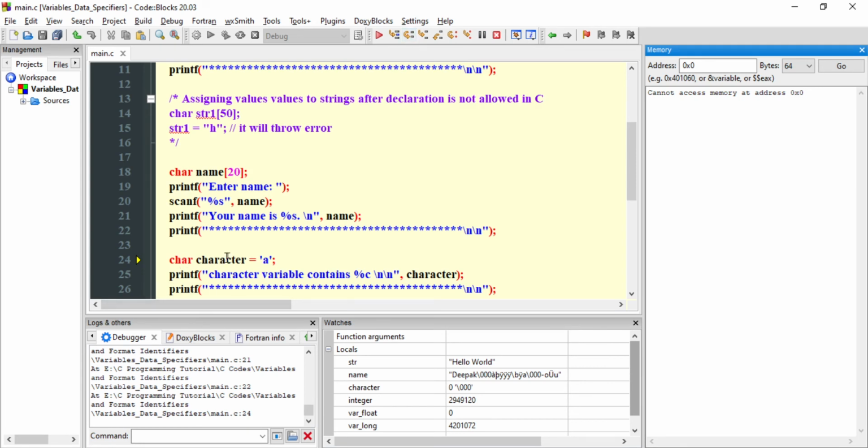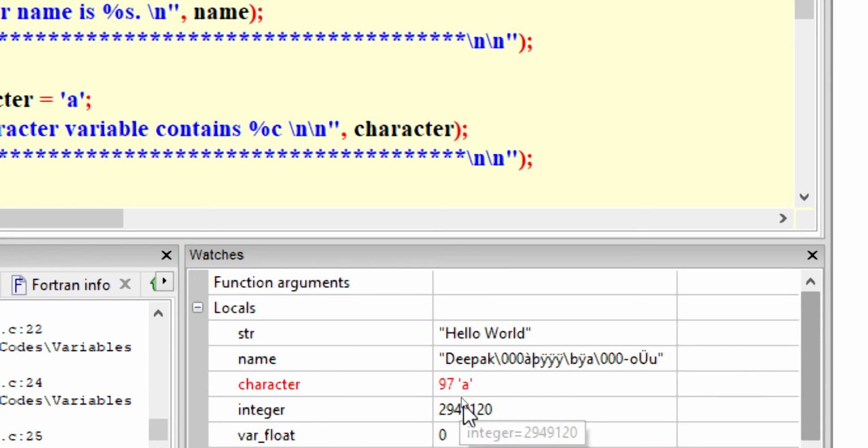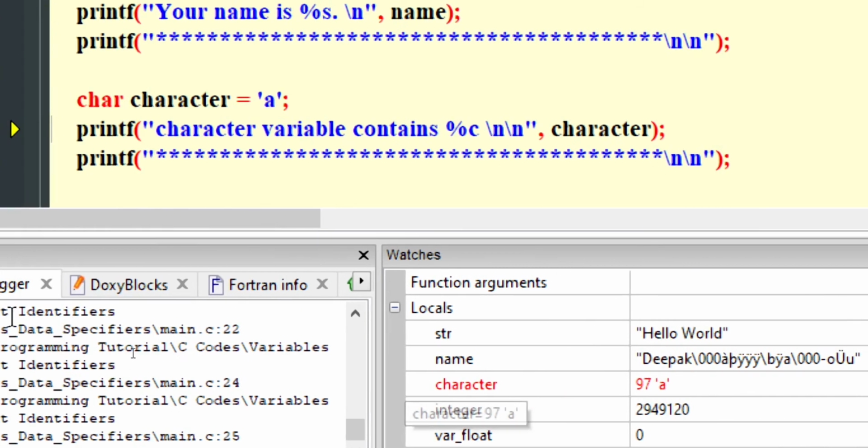Now we are going to declare a variable character, and the data type is char. Okay. Next, you can see here character has got two data, A and 97. Remember, A is an ASCII value, and if you take the decimal value of that ASCII A, you will get 97. You can go to Google and check the ASCII table for characters. In that you will get that small a is 97. Okay. So A has entered into the variable character.